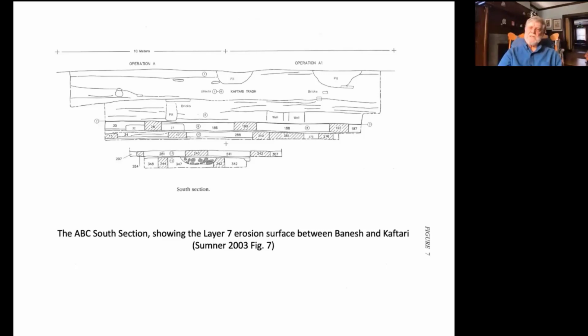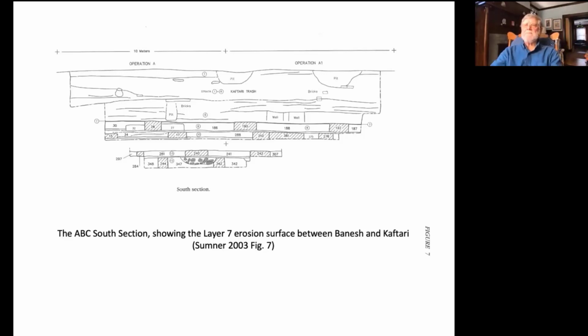And below it, there is Banesh pottery, middle Banesh pottery, there's no late Banesh there. And above it is middle Kaftari or main Kaftari pottery. So the ABC excavation shows a gap that probably was 800 to 1,000 years, where there was no occupation in